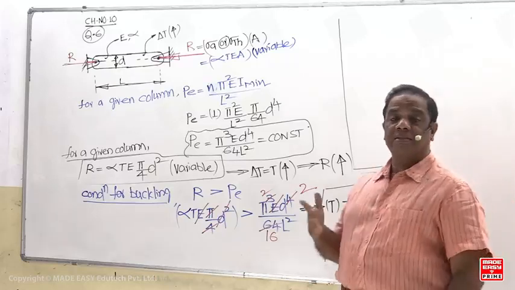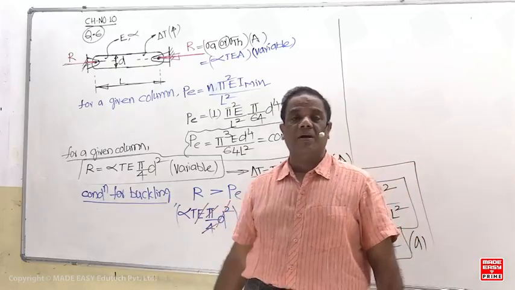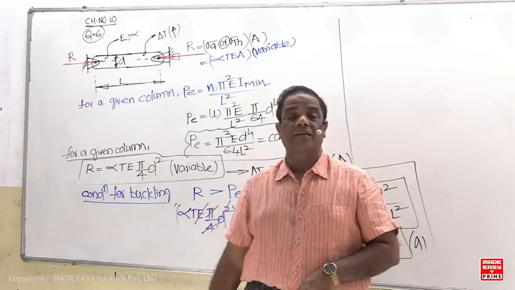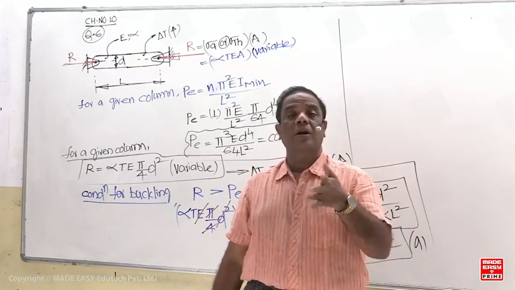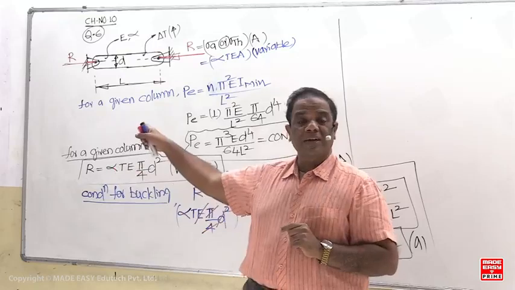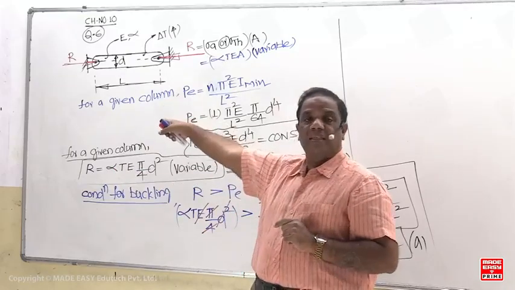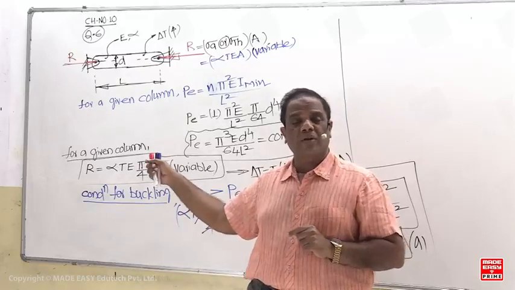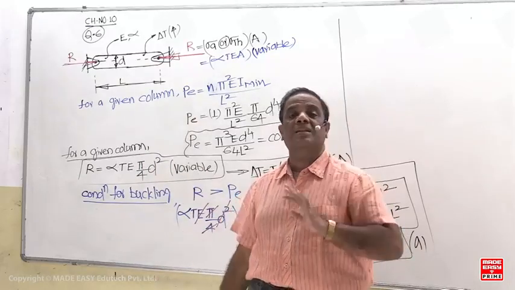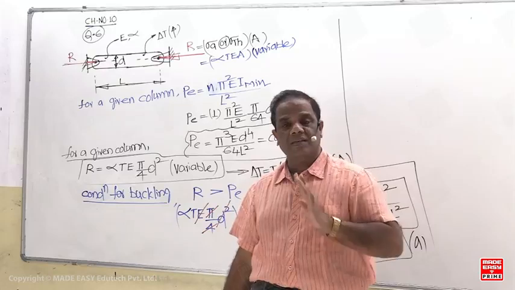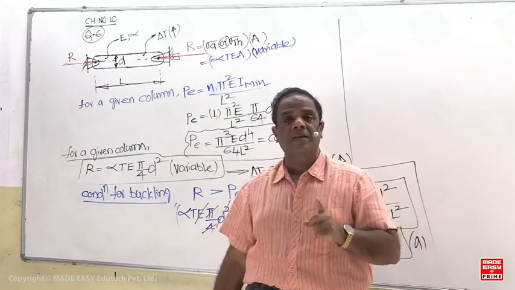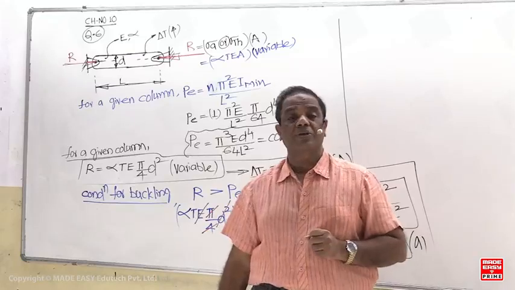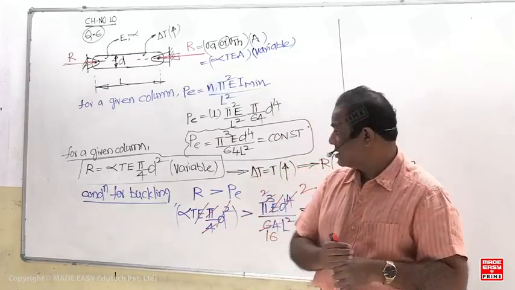But in the entire thermal stress chapter that you have studied, we have not considered buckling. Clearly I mentioned that in the entire thermal stress chapter, when temperature increases, we are assuming a short column. Short column, there is no buckling. But once buckling is mentioned, I can check the L by D ratio. Length is so many meters, diameter is given in mm. Once buckling is mentioned, it should be considered a long column. But in the thermal stress chapter we are not considering buckling, because we are assuming a short column. That was one of the major assumptions made in the thermal stress chapter.